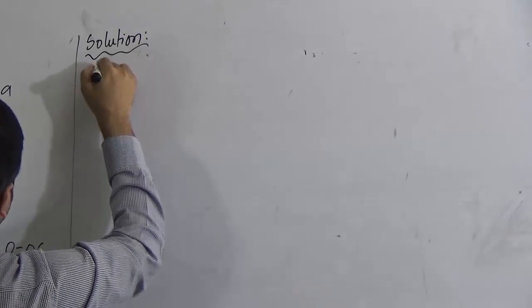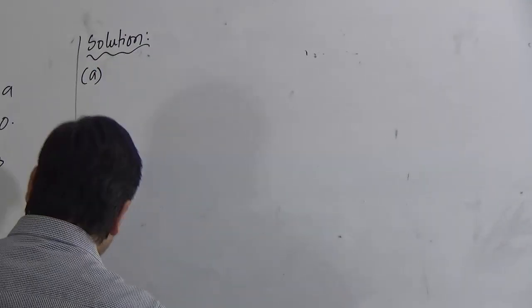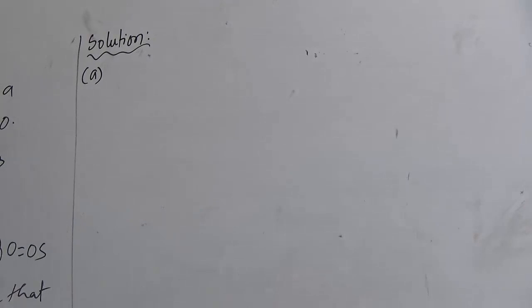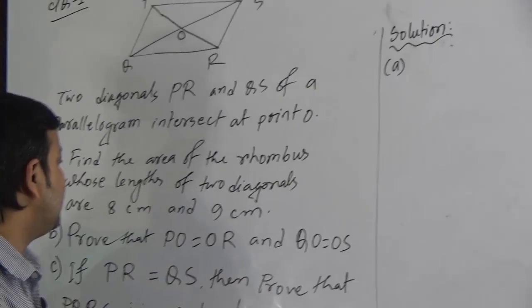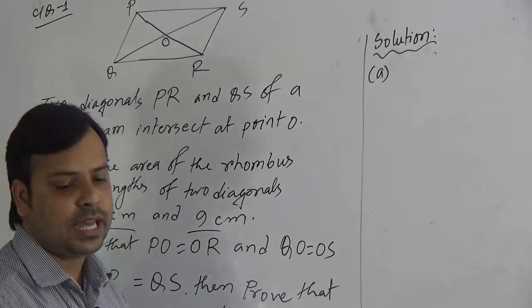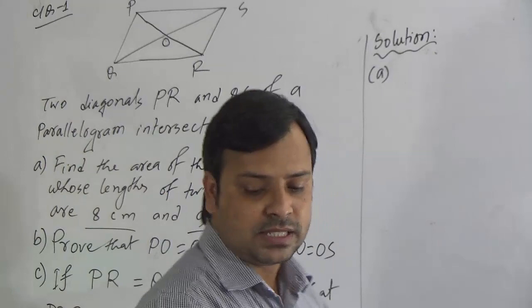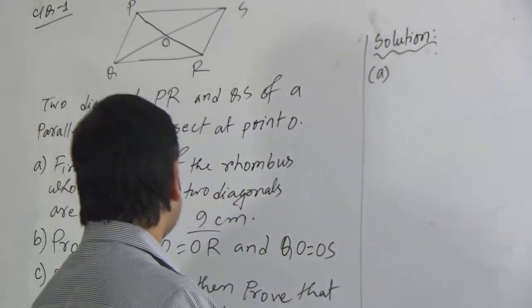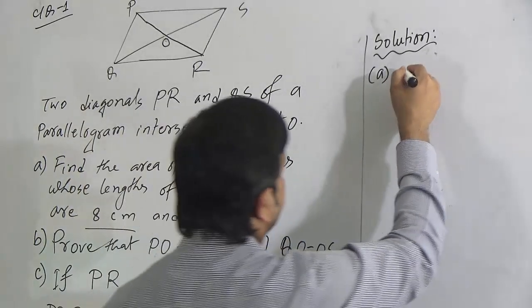Question A. Here the diagonals of a rhombus are given. Here the diagonals are 8 and 9 centimeter. So we can write here given